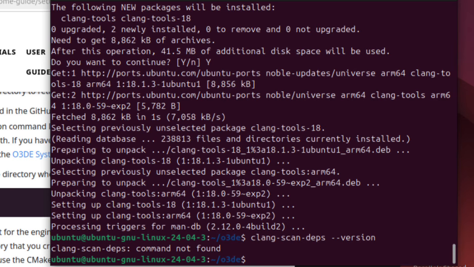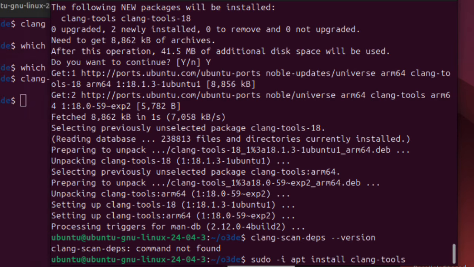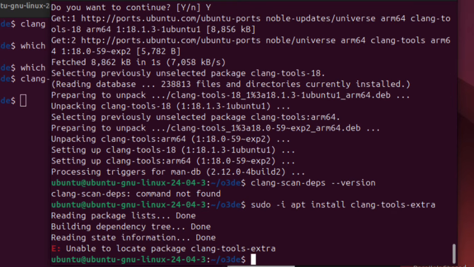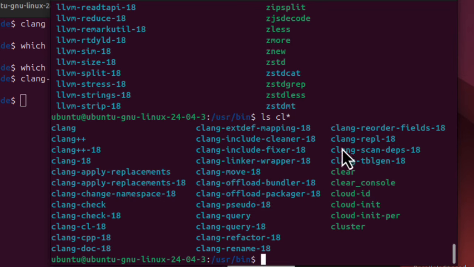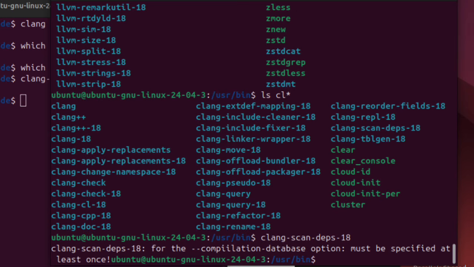Okay, now I still get a command not found. What about clang-tools-extra? That's not a thing. In /usr/bin, I have clang-scan-deps-18. So let's see if I do clang-scan-deps-18.